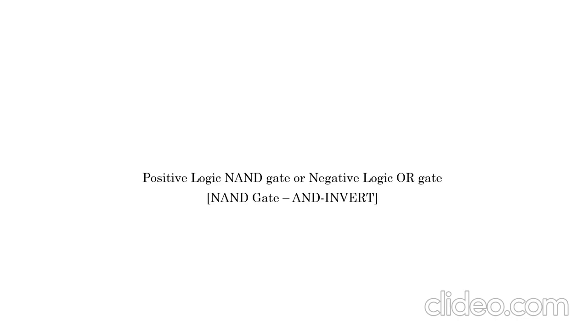Another important piece of information that we need to communicate through this video is that a NAND gate can also be termed an AND invert gate. AND invert means an inverter is present at the output of an AND gate. At present, no need to go deep into this meaning. We are going to see in the upcoming slides in the next videos about the various other types of gates. You'll come to understand why I term these things this way.